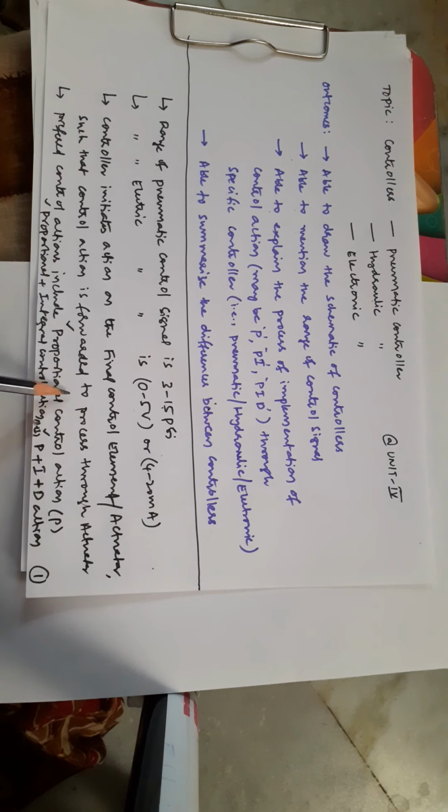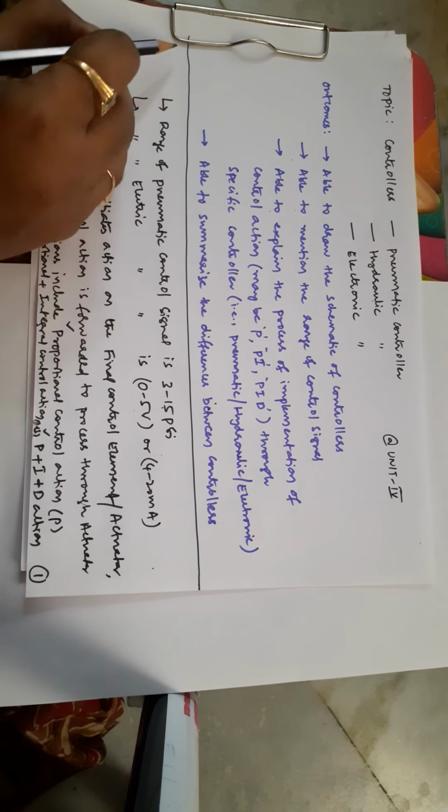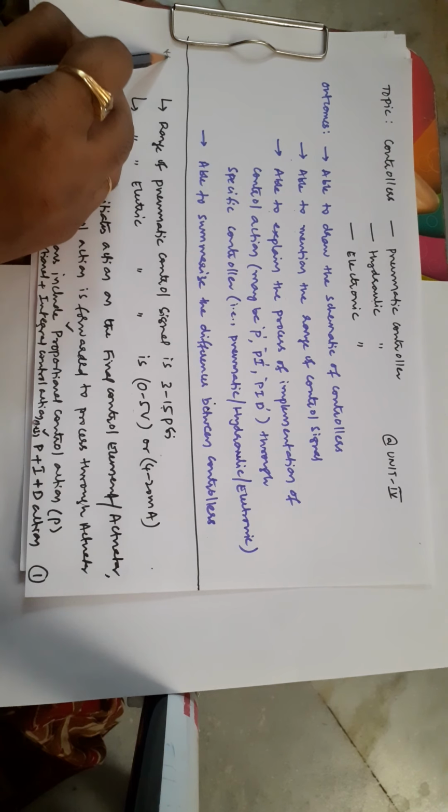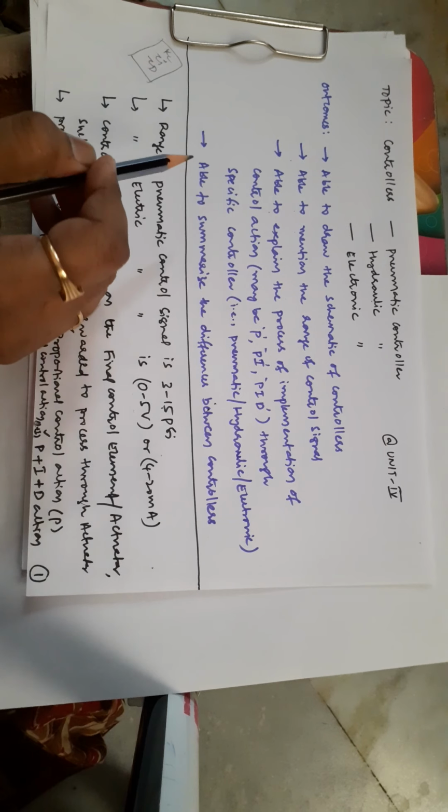For a fast reacting process, what type of action are we going to utilize? If it is a flow process, we are going to utilize a proportional action. If it is a slow process, a level process, or any temperature process, PID action is what we are going to have. And as part of the second unit, we have discussed that whenever you are going to have a PID action, we have three terms, that is Kc, tau I and tau D. So these are the three controlling parameters.